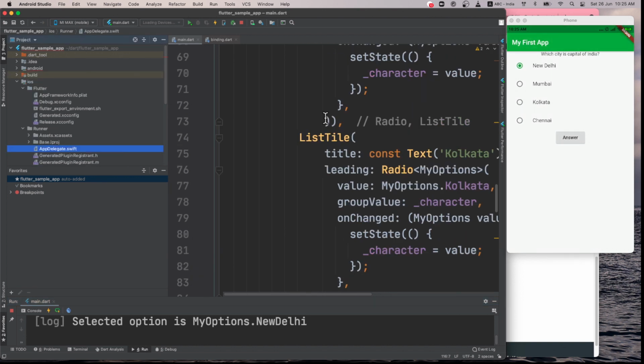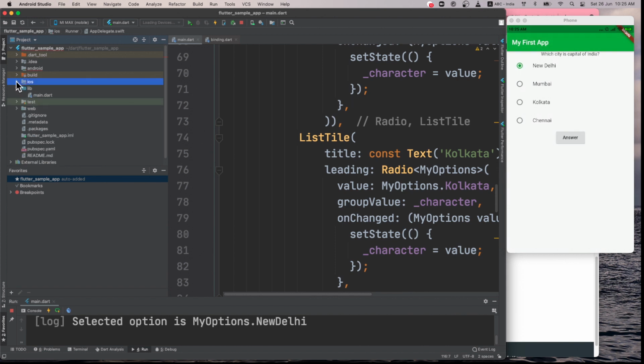So this directly can run on your phone, but you can't release it yet. For releasing I will be taking another class where you can release your application and share with your friends. This also you can share with your friends. So to make an APK you go on the build folder, and from there in Flutter you can say build APK.